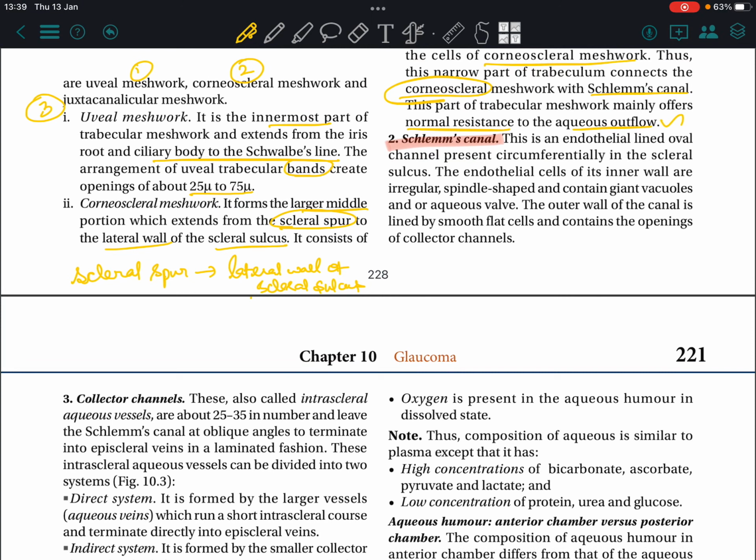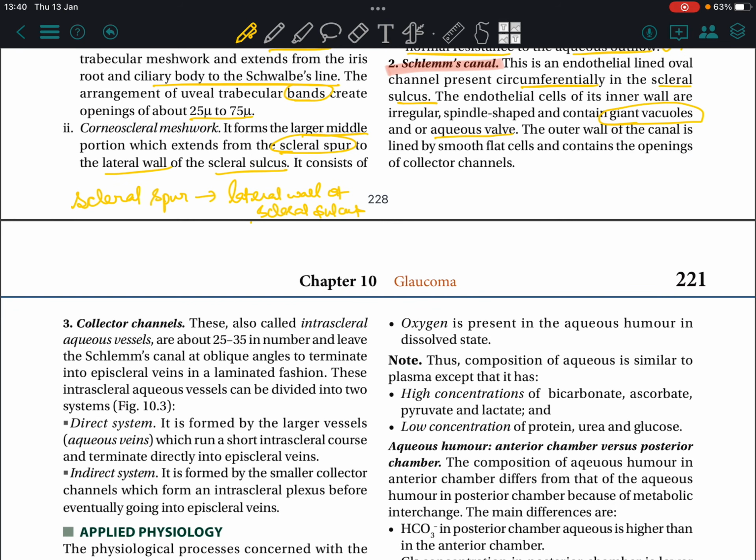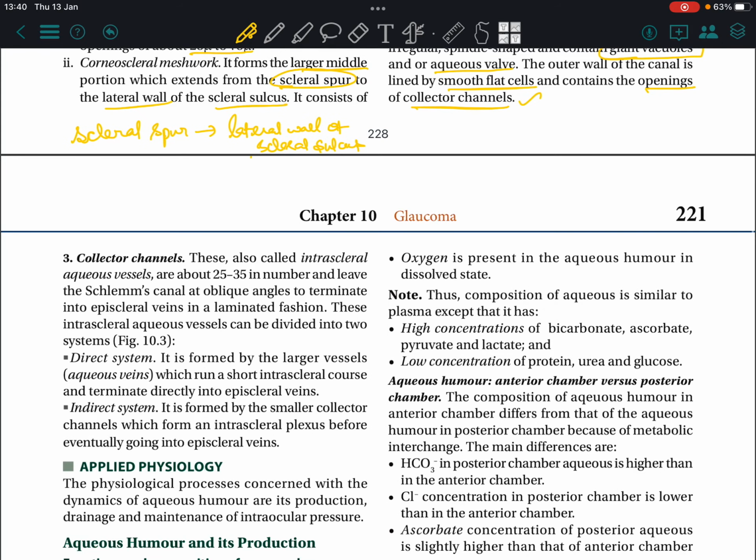Let's move on to Schlemm's canal. This is an endothelial lined oval channel present circumferentially in the scleral sulcus. The endothelial cells of its inner wall are irregular, spindle shaped, and contain giant vacuoles and are the aqueous wall. The outer wall of the canal is lined by smooth flat cells and contains the openings of collector channels. These are also called intrascleral aqueous vessels,